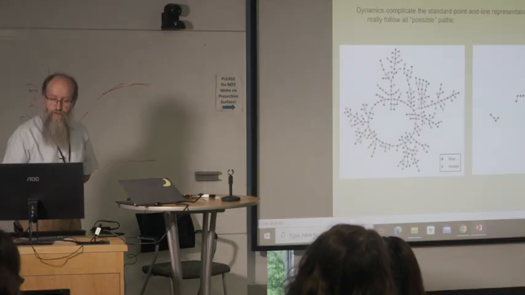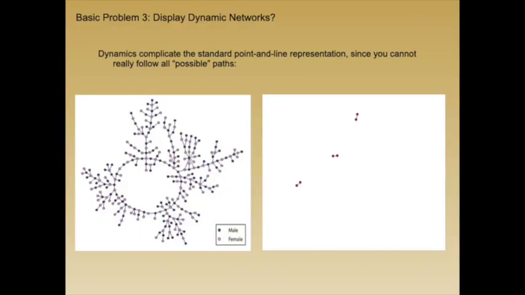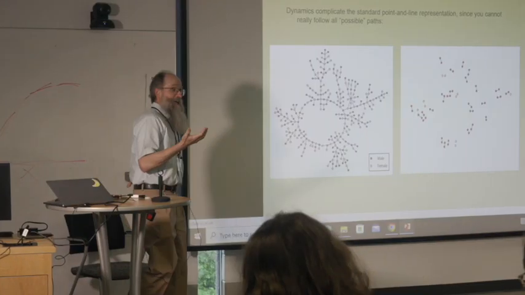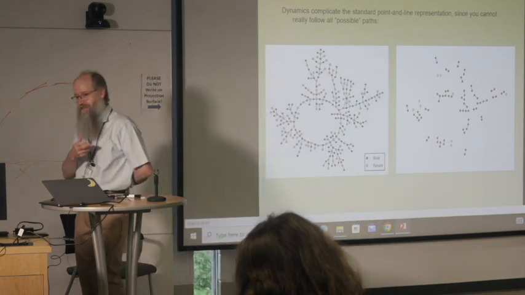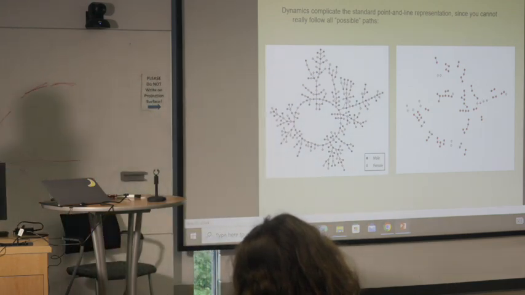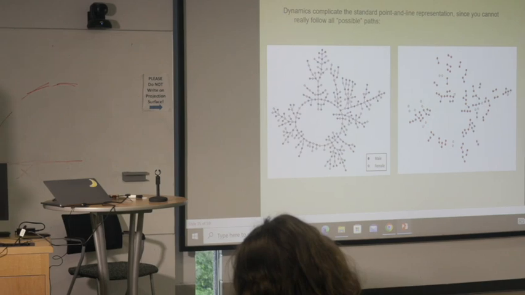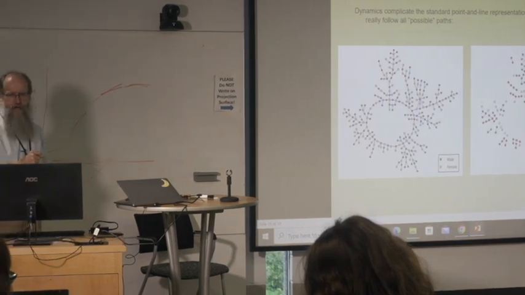The second major problem then is dynamics. How do you display dynamics on a network? The obvious choice is to animate, and so we have a whole paper on the way you might animate networks. I love network animation. I think it's really cool and fun to do, and Dan McFarland's data that Tom Wolf showed a few days ago, if I remember right, is a nice example of that.